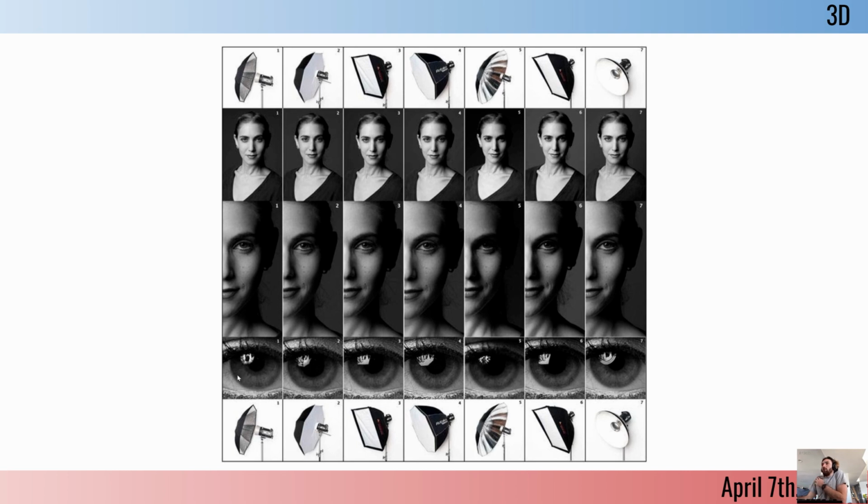And also, when you're lighting anything in 3D and you have a really reflective surface, you're going to have to take into account the shape of the light being a part of your render, because it'll just show up in your more reflective objects. And then going down the line here, we have another bounce, but this one is off